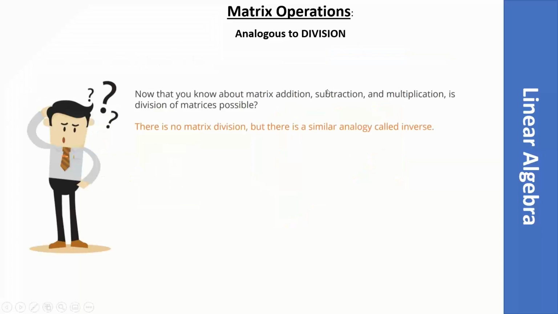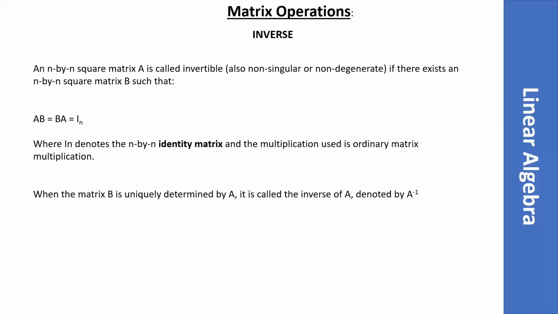So after this, analogous to division. You will be surprised that there is no division in matrices. There is something called the inverse in matrices. Okay. So this is the inverse. In the inverse, what happens? Like if AB equals BA. If you want to find an inverse, for example, if I take 7 common from the equation which had diagonals as 7.